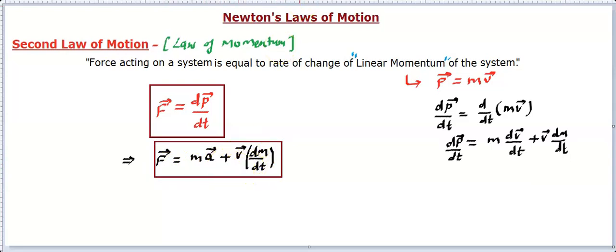But at primary level or basic level, or in most of your syllabus, you'll find that the system or the object that we are considering has constant mass. So we can claim from here that m is constant. That's a very important point. Whenever you apply Newton's laws, first see on which object you are applying them, and whether the mass is constant or not. If you find the mass is constant, then dm by dt will become 0, because as per the differentiation rule, you know the differentiation of a constant with respect to time will always be 0.